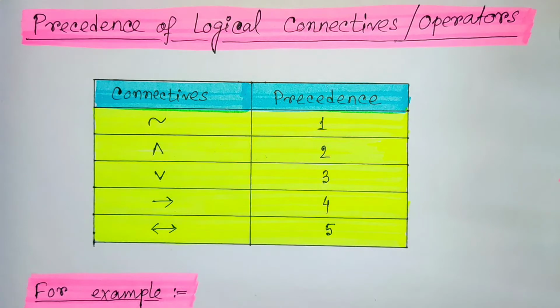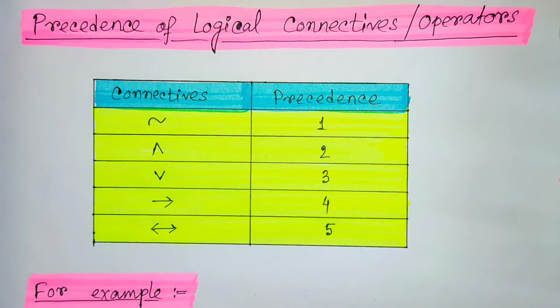Basically, we know the 5 different connectives that everybody knows. These are the negation, conjunction, disjunction, conditional and biconditional. Among these 5 connectives, these are used to form different compound propositions. When a compound proposition is expressed, these connectives are used somewhere, and if they are not properly separated by brackets, then how do we come to know which connective or operator does its job first and which after that? If we know the precedence rule, then we can do it much